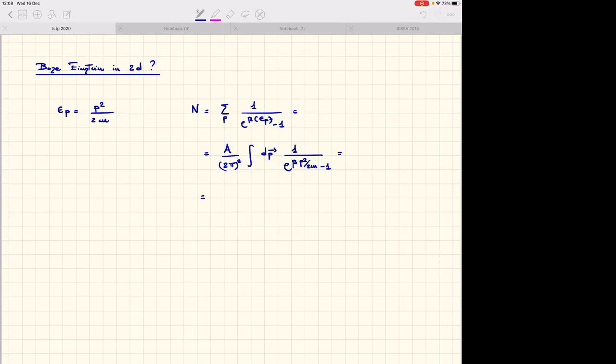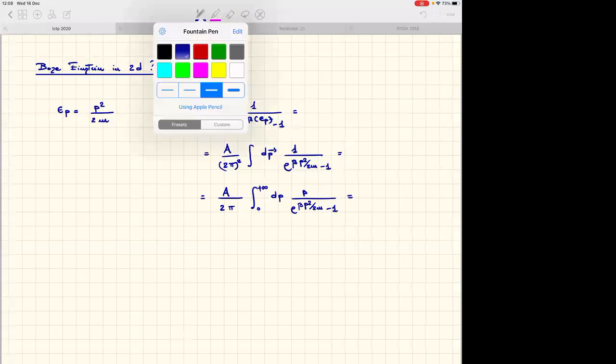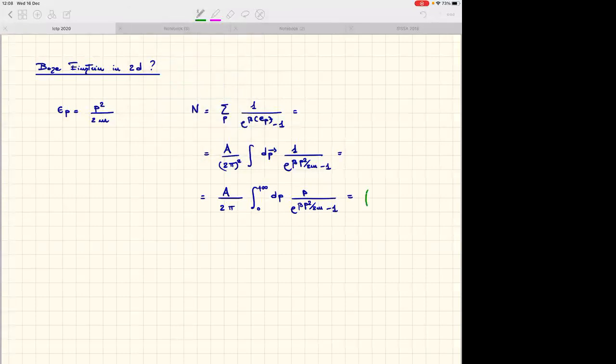So I will have A over 2 pi integral between 0 and plus infinity dp p over e to the beta p squared over 2m minus 1. And now what I do is I set p squared over 2m times beta equal to x,